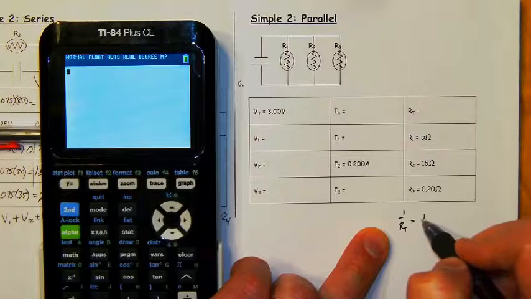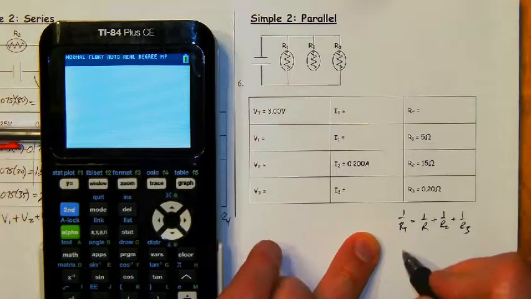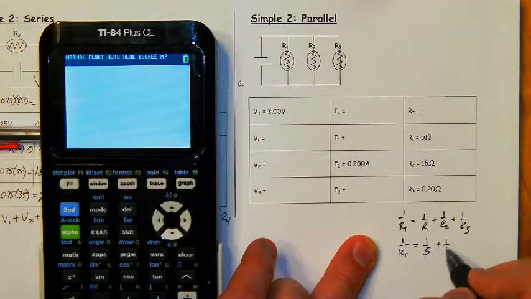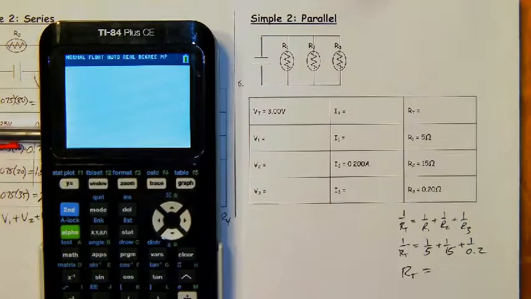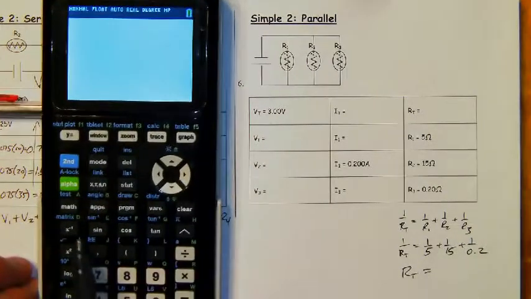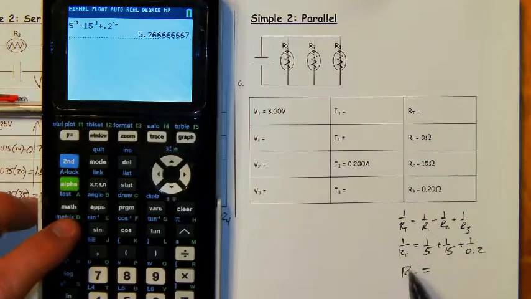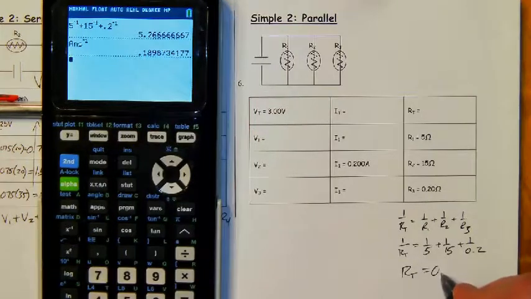1 over RT equals 1 over R1 plus 1 over R2 plus 1 over R3. So I'm going to have 1 over RT equals 1 over 5 plus 1 over 15 plus 1 over 0.2. And remember, to do that, we're going to use the inverse button on our calculator, which is this inverse x to the negative 1. So I'm going to say 5 inverse plus 15 inverse plus 0.2 inverse. I'm going to enter, and then I need to flip it one last time because it's not 1 over RT, it's RT. So I'm going to inverse that one more time, and I get a total resistance of